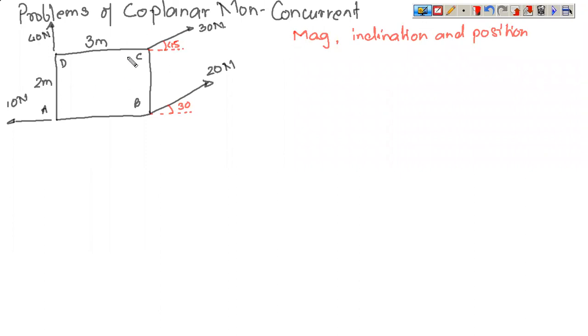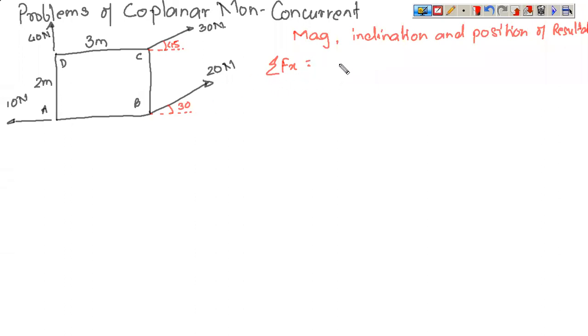So you can see that this is a system of coplanar non-concurrent forces. If it is a system of coplanar non-concurrent forces, you have three equations of static equilibrium that we have previously discussed. So in these three equations of static equilibrium, let us use our first equation, sigma Fx. Obviously here you need to find out the resultant, so resultant won't be zero. But for a coplanar non-concurrent force system, you have three equations of static equilibrium. So let us find out sigma Fx first.